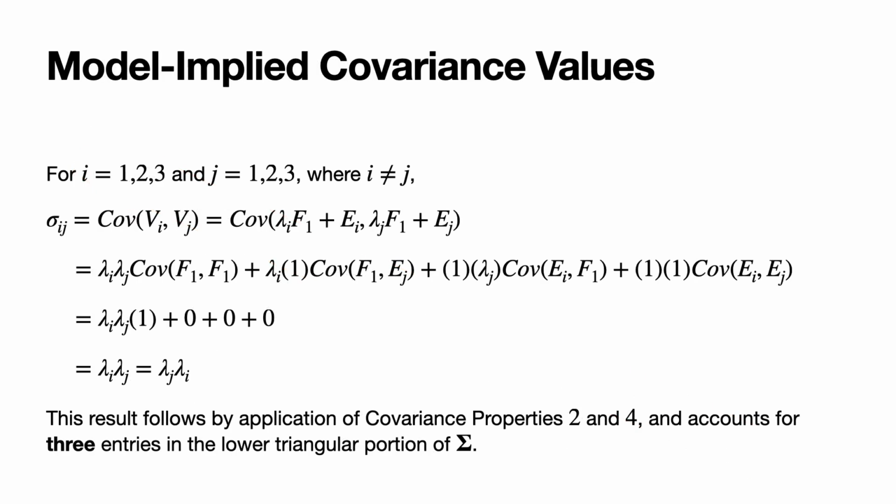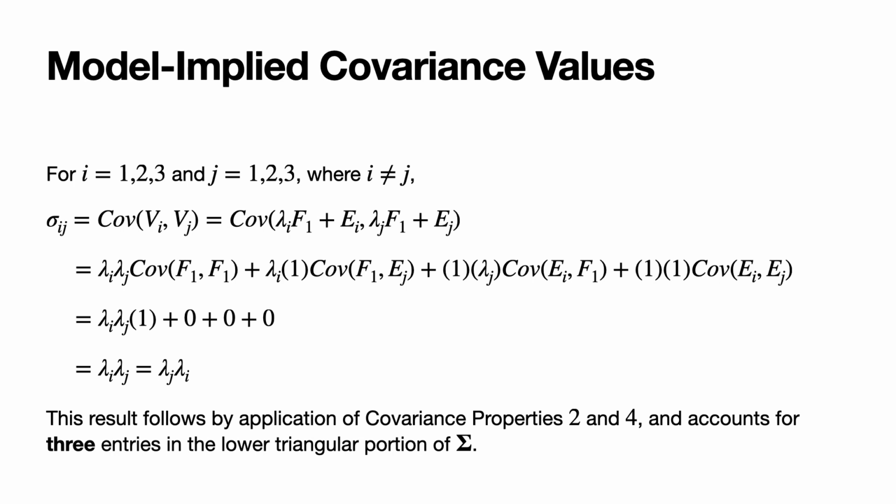Now let's work on the off-diagonal elements of the covariance matrix. For i going from 1 to 3 and j going from 1 to 3, where i is different than j, sigma sub ij, which by definition is the covariance of v sub i and v sub j, is equal to the covariance of lambda sub i times f1 plus e sub i with lambda sub j times f1 plus